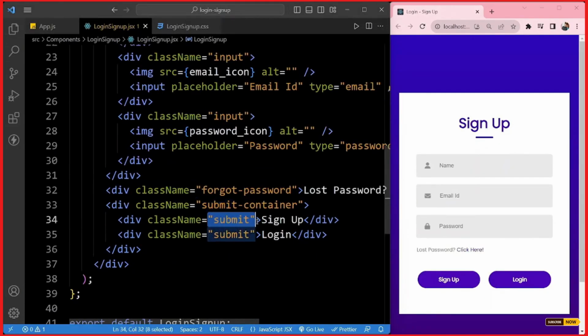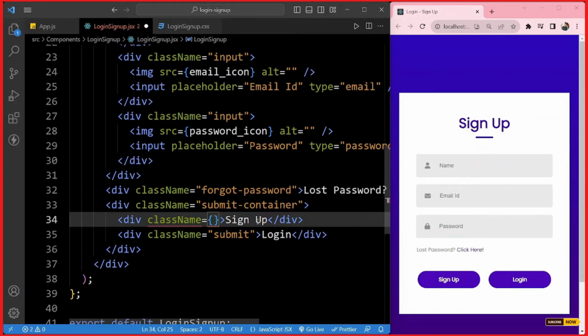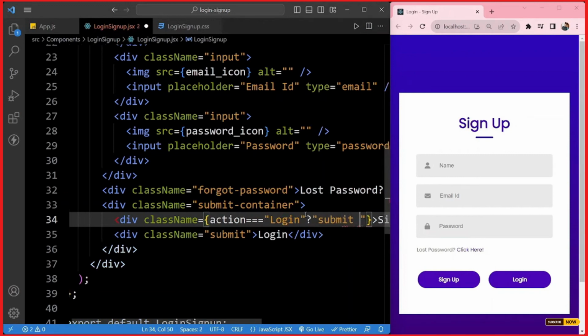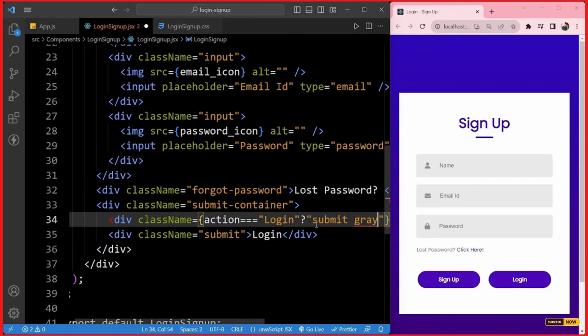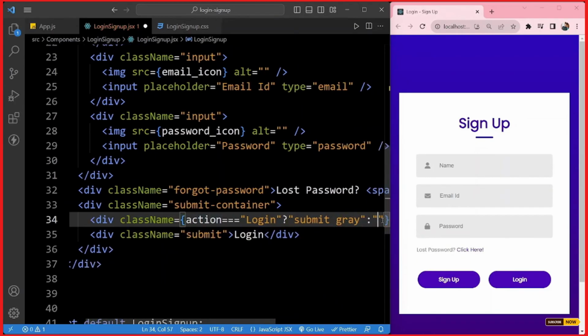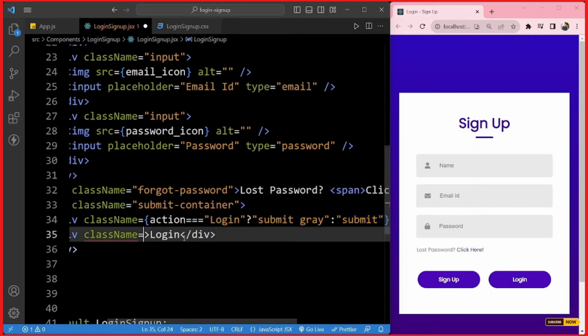So here we have to dynamically provide the class name. To do so, we have to use a ternary operator. So we will write if action is equal to login, then our class name for this button will be submit and gray. If our action is not equal to login, then the class name will be only submit. Here also we are using a ternary operator.